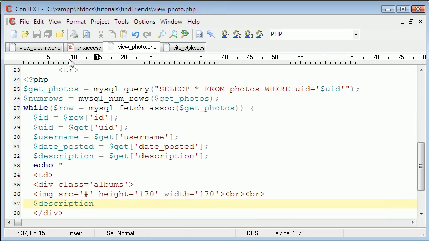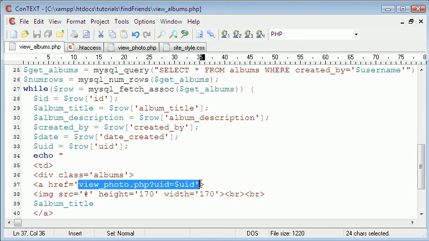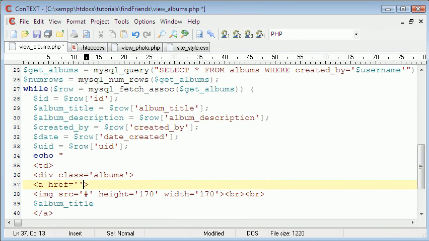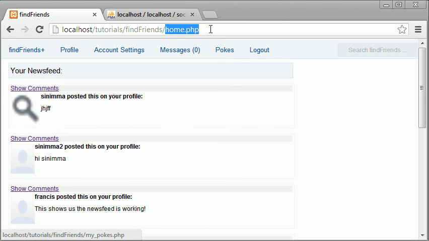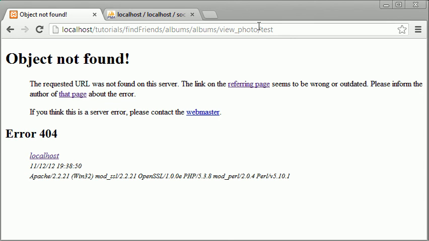So before we do that, we're actually gonna go to albums and change it to albums/view photo/ and then UID, which is why the UIDs had to be the same, so that we can point to it from that. So we go here and we type in album/cinema, and here we get the album. So now if we click on the link,